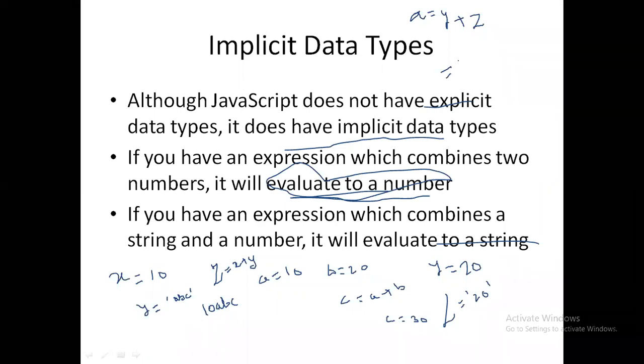You might expect 40, but it's not 40, because one is a string and one is a number. If both were numbers, I would get 40. But here one is a string and one is an integer, so you should be very careful. I'll not get the answer as 40, I'm going to get the answer as 20 20. So you should be very careful with such things. This is what we call implicit data.